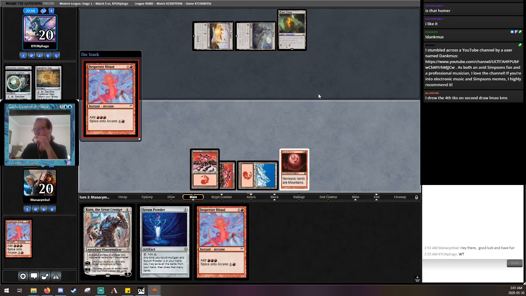So if I Ritual here, and then if I Ritual again, is this concession lockup because they realize their Blast Zone has no counter? Like,